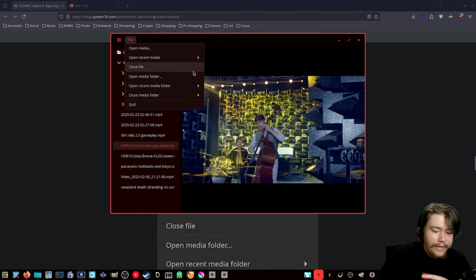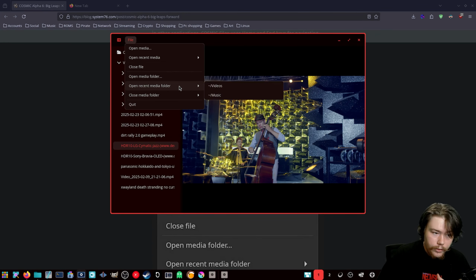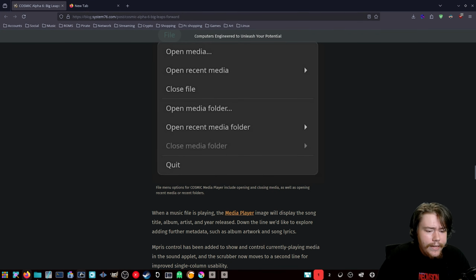Pretty cool. And as we were shown before, the file menu picker, you could say, has been completed. So there's open media, open recent media, close file, open media folder, open recent media folder, and then close media folder. And another thing that I noticed is that the media player, they're trying to not just make Cosmic a